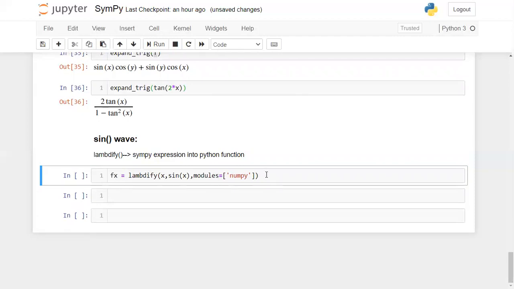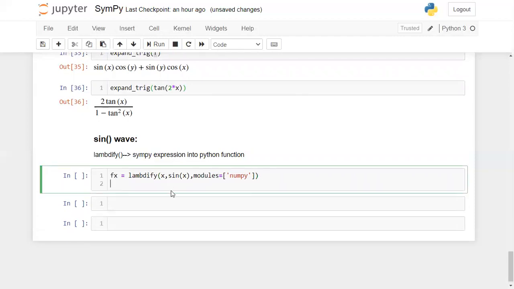So now for the x variable, you need to pass some values, right? From where are you going to pass the values? For that reason, I'm taking a variable with the name x value. Whenever you want to represent your sine wave, you need to take some large number of values. I want to create 100 values.